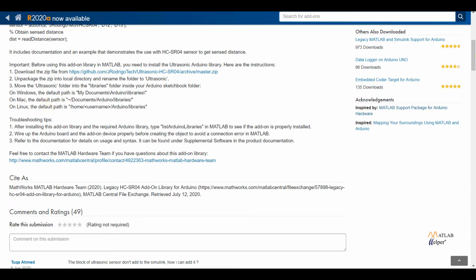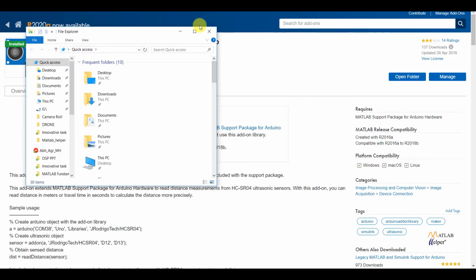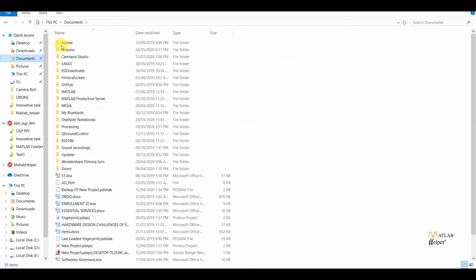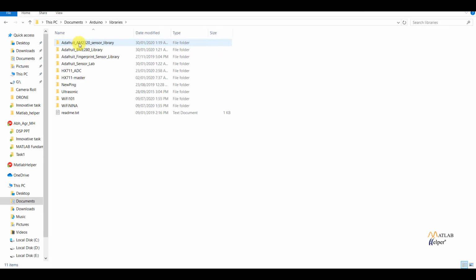I have already done this, so I will show you. I am opening my file manager. This is Documents, and then Arduino and libraries, and here you can see the ultrasonic library that I have already installed.